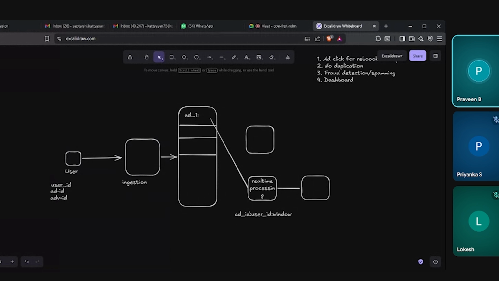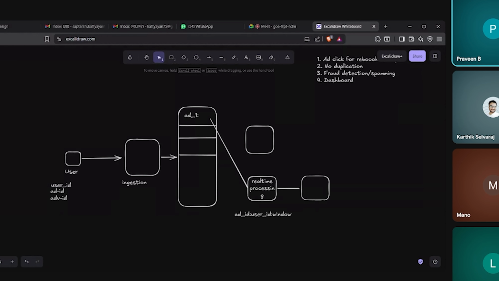Deduplication is one layer of protection, but the second layer should be idempotency, where you ensure that even if you're getting duplicates, you will only show the data once. That is on the dashboard after real-time processing. So how would you ensure that? You're just incrementing the counter on the dashboard, right? How would you check over there? It is similar to what you do in Redis.